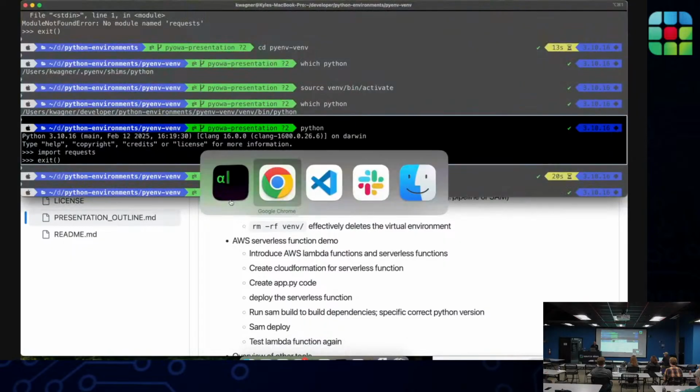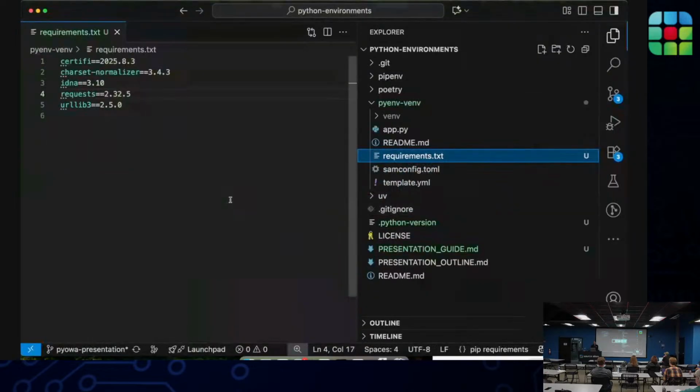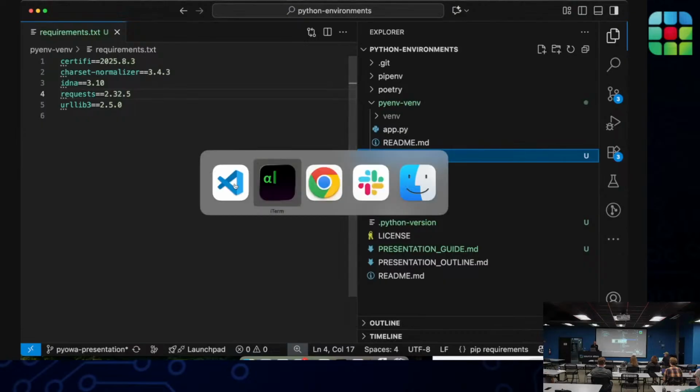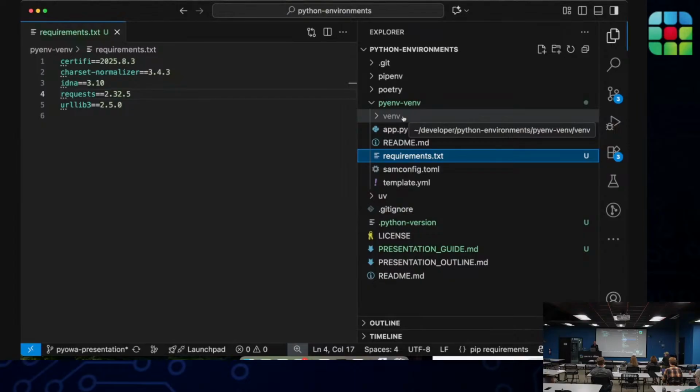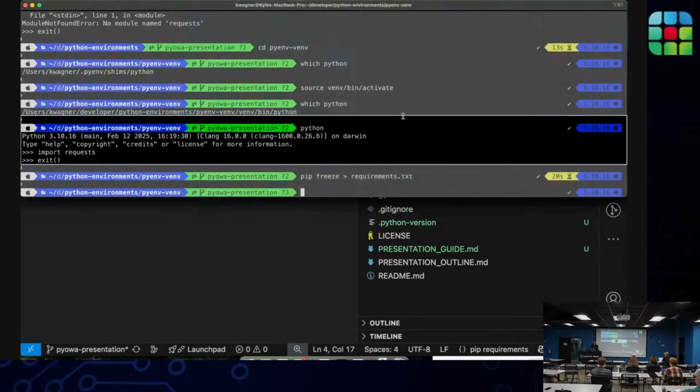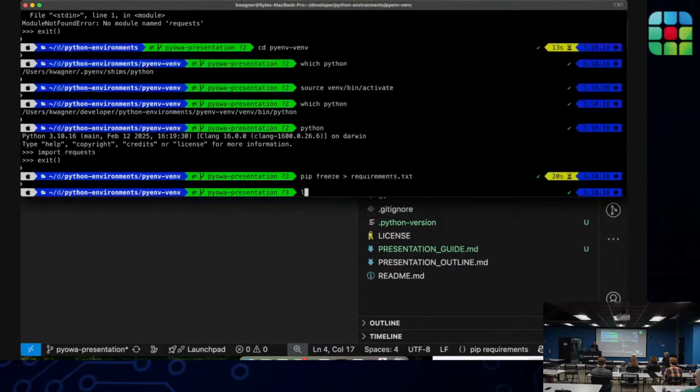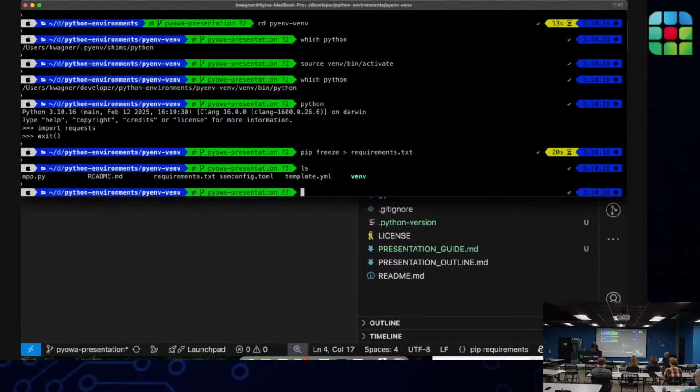Okay, so let's clean up this virtual environment. To get rid of a virtual environment, to delete it, it's basically a matter of just deleting the folder that you created that represents that virtual environment. So there's the venv directory.